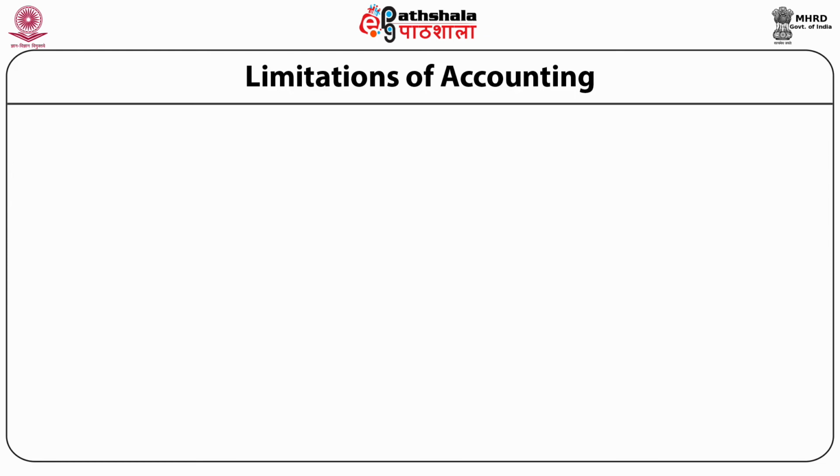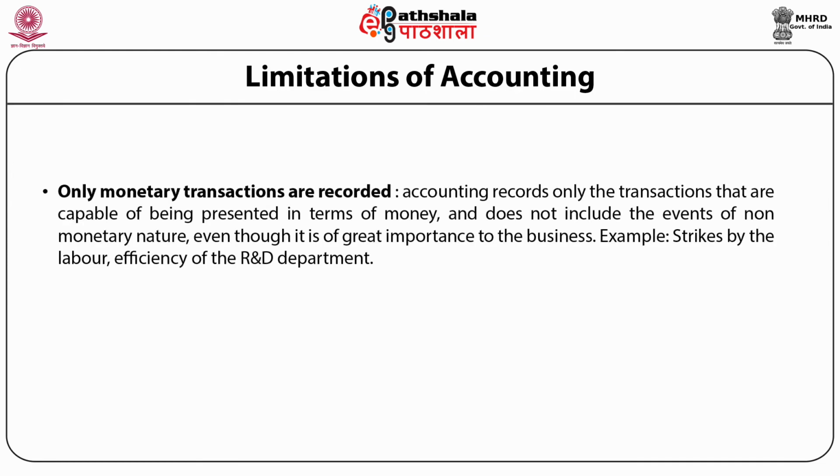Limitations of accounting. Only monetary transactions are recorded. Accounting records only the transactions that are capable of being presented in the terms of money and does not include the events of non-monetary nature, even though it is of great importance to the business. Example: strikes by the labor, efficiency of research and development department,